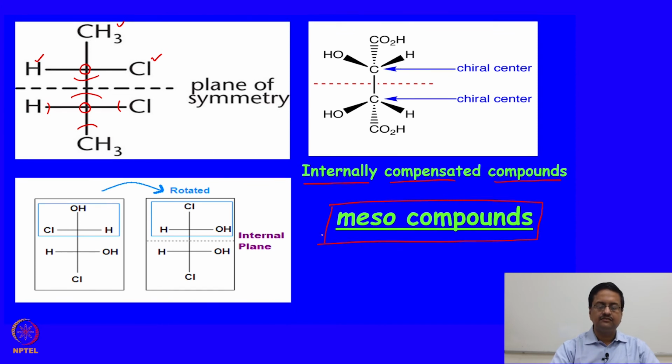You see in these other two examples where I have the carboxylic acids on top and bottom, OH groups on the left hand side and the hydrogens on the right hand side, and this dashed line is a mirror plane which reflects the top portion of the molecule to the bottom portion of the molecule, and hence this compound is again not a chiral molecule.